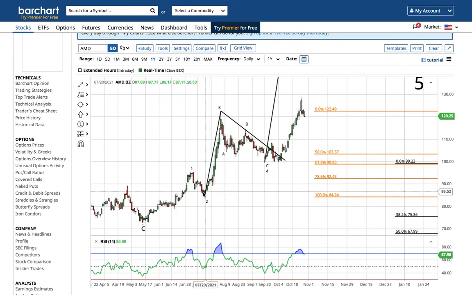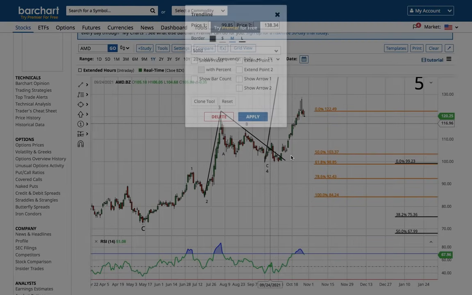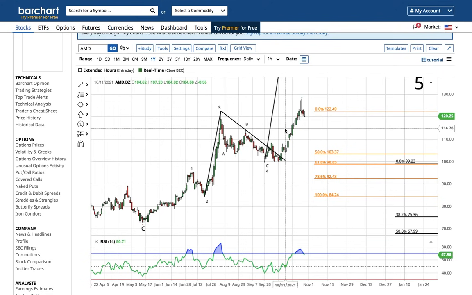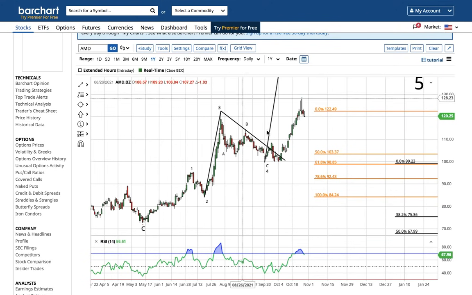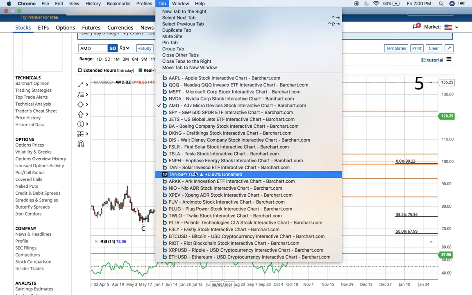But anyway, AMD's within a wave 5. It's going to be at least the length of wave 3 placed at the wave 4 low. It's going to go all the way to 138, and so that's pretty conservative. This is a 1, 2, 3, 4, 5 waves impulse. So it's looking good. It's going to reach my 136 target by March pretty conservatively. And so that's looking good.